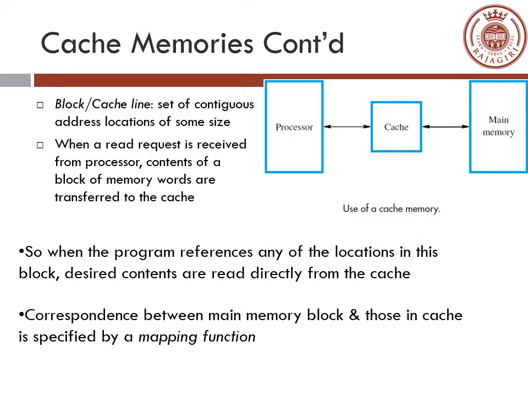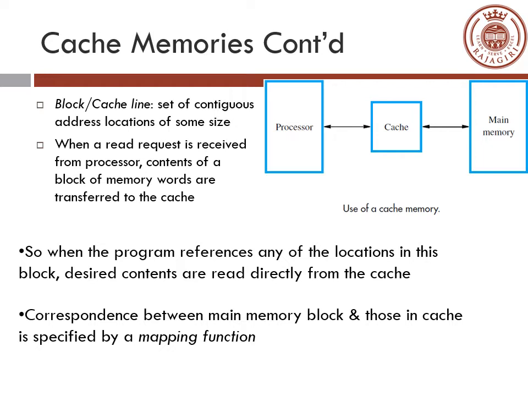Now in the diagram you can see the processor and the main memory. In between you have the cache memory, which is located very close to the processor. Those instructions which are likely to be executed soon will be brought from the main memory to the cache, such that the processor can access them faster compared to the other instructions. And when you use the cache memory, you do not bring a single instruction directly from the memory; you bring a block of data from the memory. So you will be using the concept of a block or cache line.